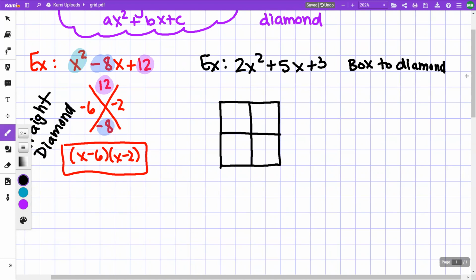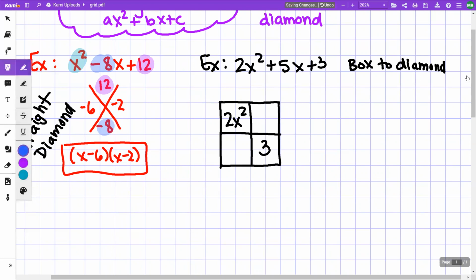And I am going to put the 2x squared and the 3 like that. And where am I getting the 2x squared? I'm getting the 2x squared from here. That goes here. I am getting the positive 3 from here. That goes there. So it's the coefficient, the lead term with the 2x squared, and then the coefficient, the constant